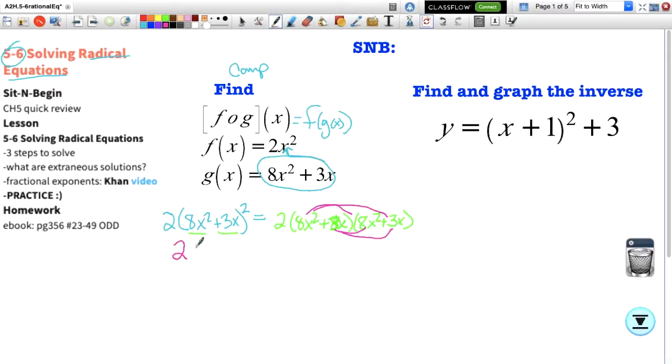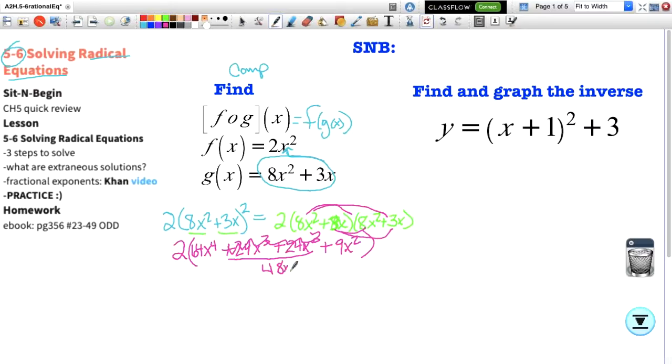8x squared times 8x squared is going to be a 64x to the 4th because I add my powers. 8x squared times 3x is going to be a positive 24x to the 3rd. Then I'm going to have a 3x times an 8x squared, which gives me another positive 24x to the 3rd. And then my last piece is going to be 3x times 3x, which is positive 9x squared. I should simplify these two pieces. 24x to the third and 24x to the third is going to give me